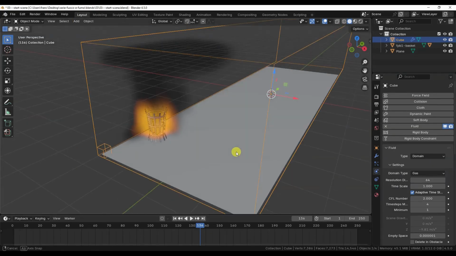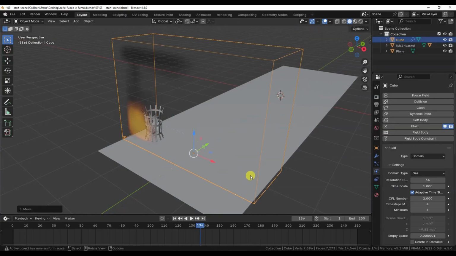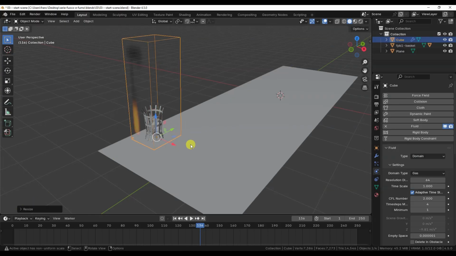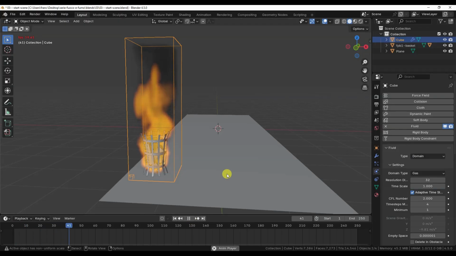The most obvious solution is to resize the domain so that it only encloses the brazier and a bit of space above it for the flames and smoke to develop. Now the resolution works even a little too well. In fact, maybe it's even excessive, so we can bring it back to 32 while still getting well-defined flames. The issue, rather, is that the wood is producing far too much fire.